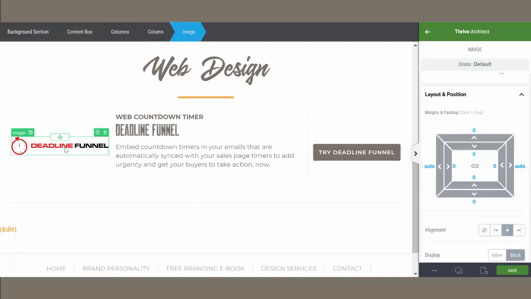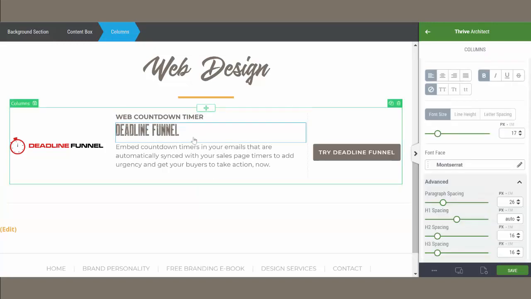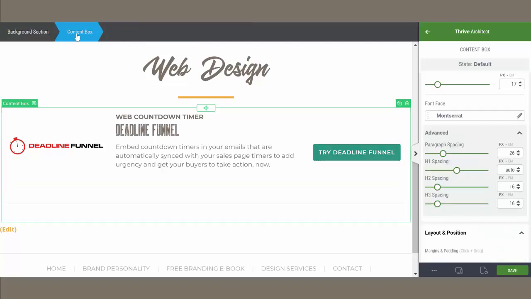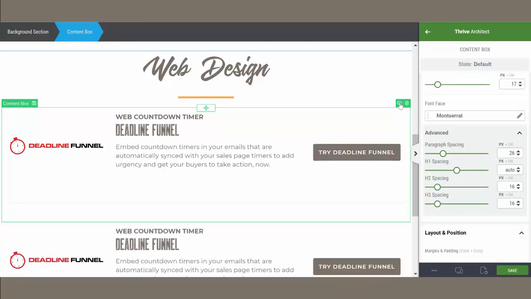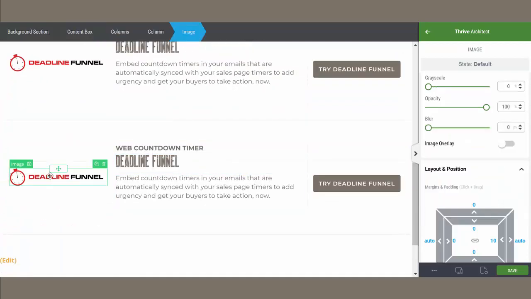All right, so I'm going to left align this image. You see I had it center. I actually am going to give it just a bit of padding on the right side so that it is not too close to this middle section. All right, now I'm going to duplicate this section. Now you want to grab more than the columns. You want to grab the content box because that's also got your divider in it. So we'll grab the content box. You see the divider's in there. We'll click duplicate. Now all we need to do is swap out the image,